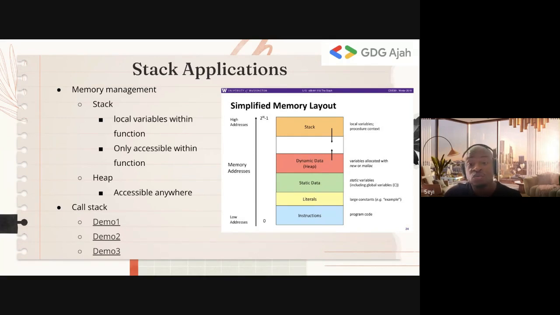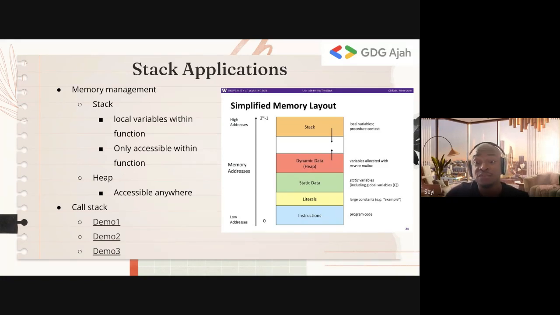If not, you run into what you call a memory leak, where your computer begins to take up memory on and on and on until it's used up all the memory. And then you restart the program and it's fine. So I'm going to do a demo on how the call stack works, because of stack overflow. A stack overflow is when you put too many items on your stack, and your stack